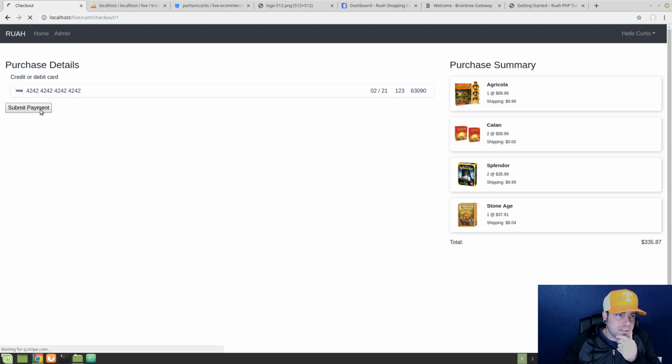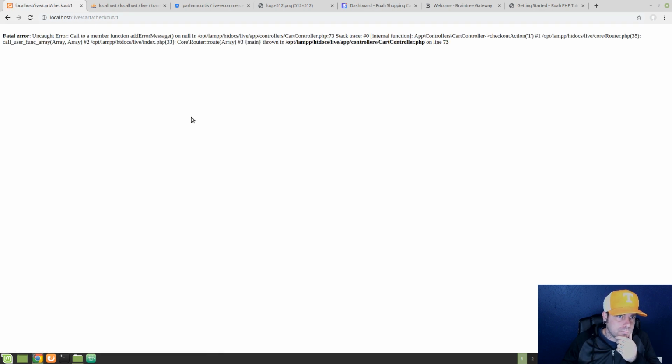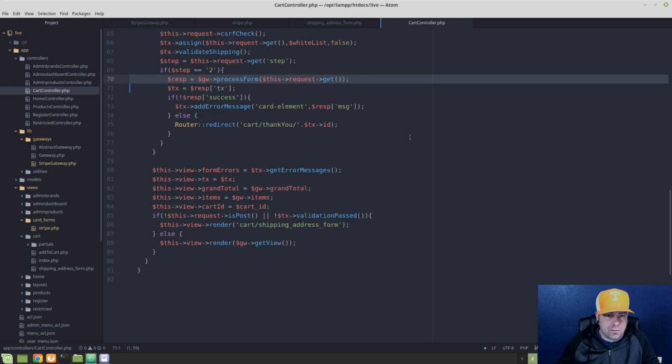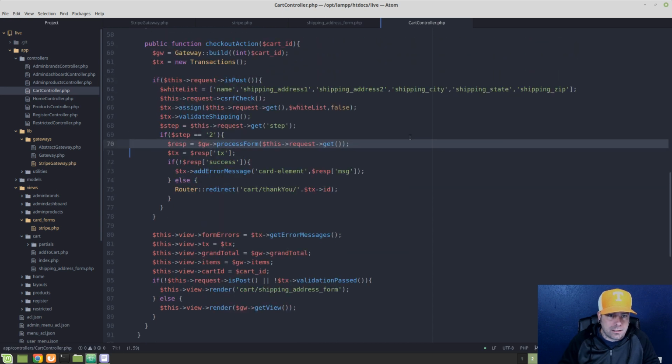Try again, see what messages pop up. All right, so add error message doesn't exist. And that is in our cart controller. So let's take a look at that. The cart controller, it's complaining that the add error message does not exist